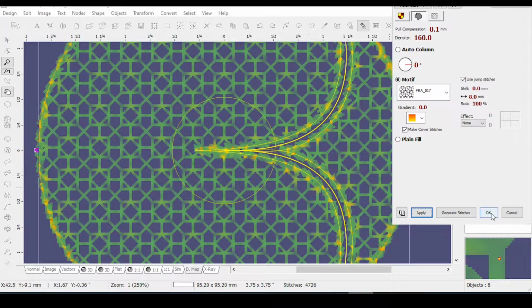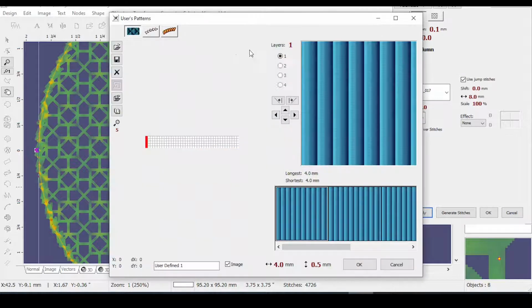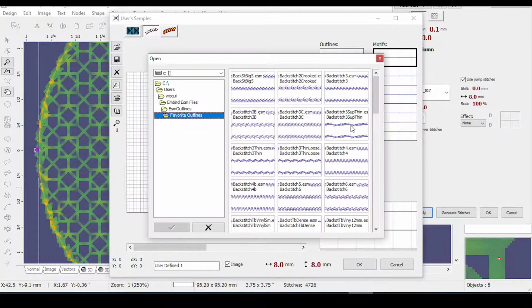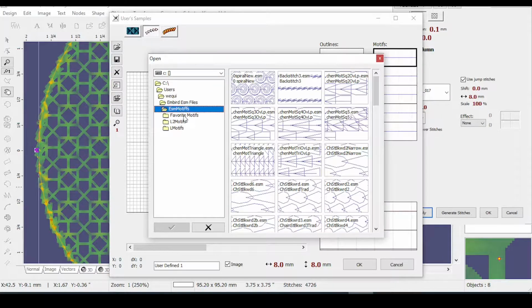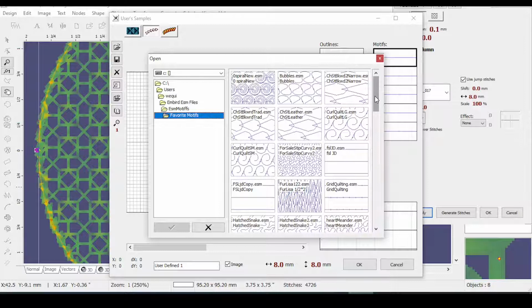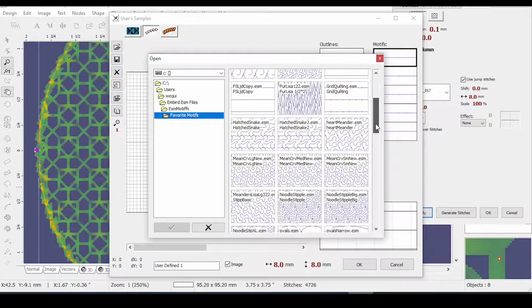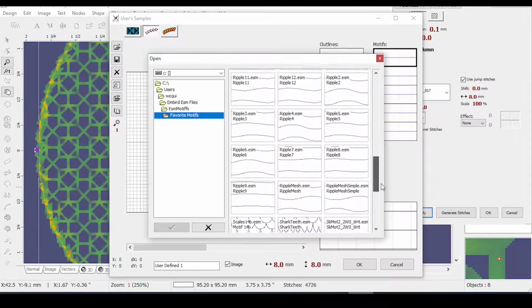That one's really loose. On the motifs, open. I do like my curls. I really do like